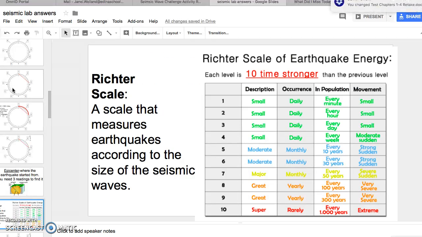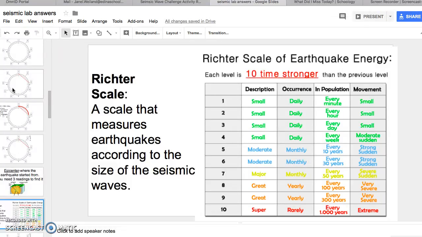You also were asked to watch a video, or at least click on a link, about the Richter scale. The Richter scale is a measuring system to determine how strong an earthquake is. It goes from numbers 1 to 10. And the most important thing to really remember about the Richter scale is that as you increase from 1 to 2 and 2 to 3, each earthquake is 10 times stronger, 10 times more energy is being released than